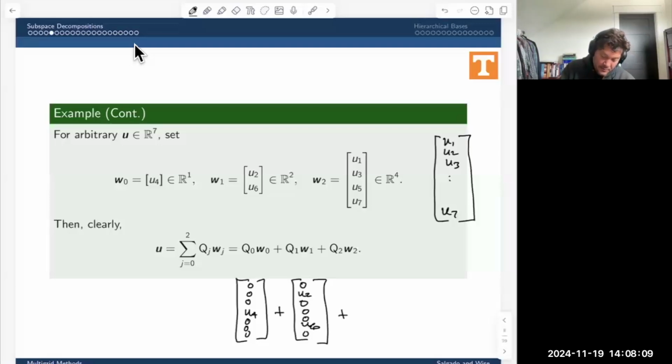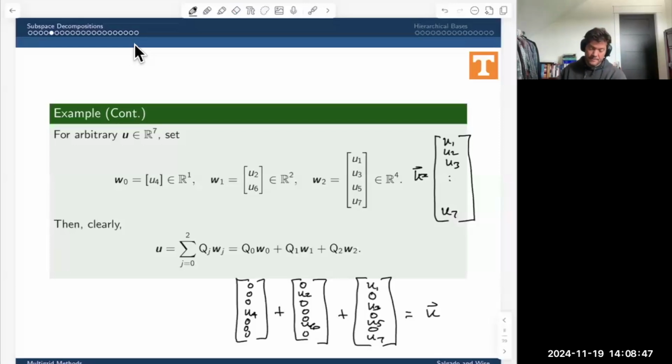And then what about the last one? The last one is going to give me these entries, but this Q matrix is adding spaces. Remember, it's doing what a projection matrix does. It's taking something from R4 and it's going to broadcast it up to R7. And so that one is going to give me, let's see, U1, 0, U3, 0, U5, 0, U6. No, U7, right? And that, of course, gives me back the U vector that I started with,